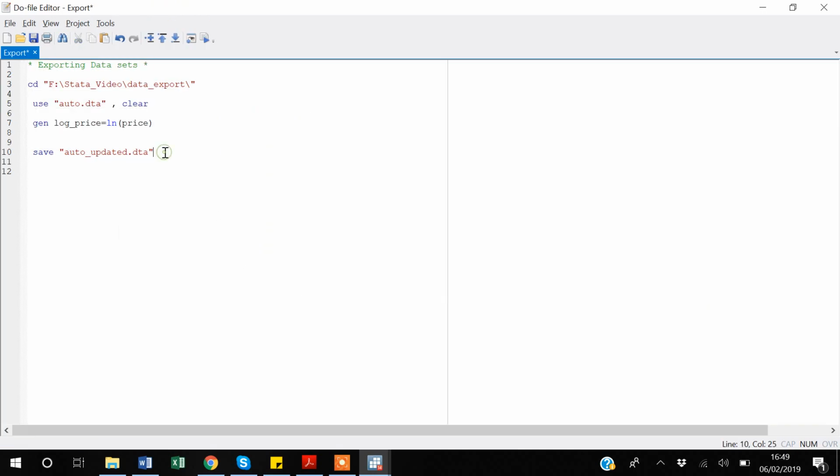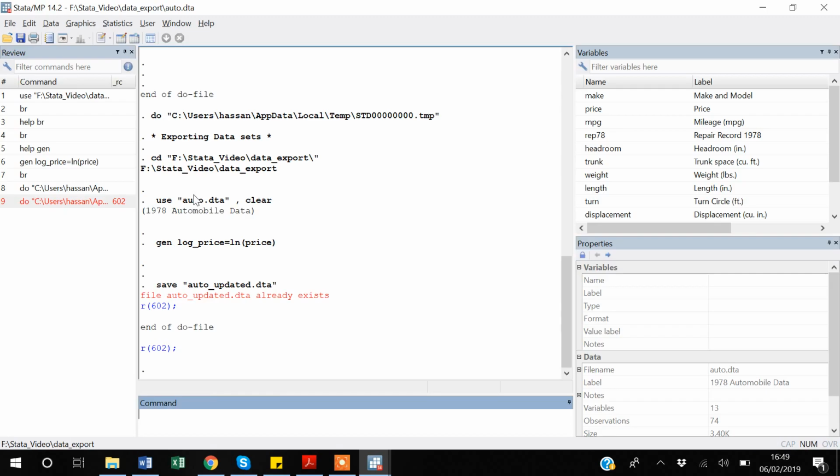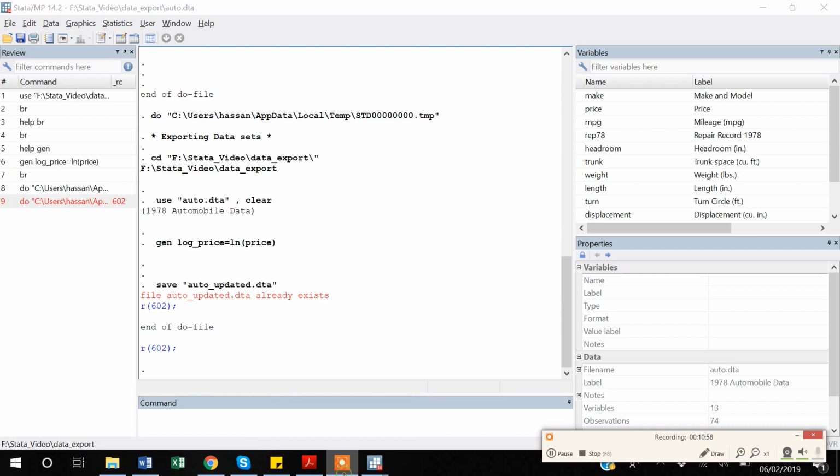So replace means that if the file is already located there, just replace it. So this is one of the ways you can export data from Stata in a .dta format. What about if you want to export data in Excel? So what you will do,